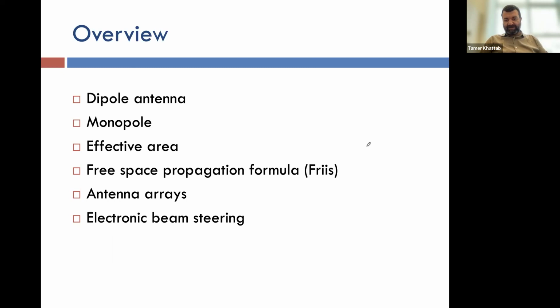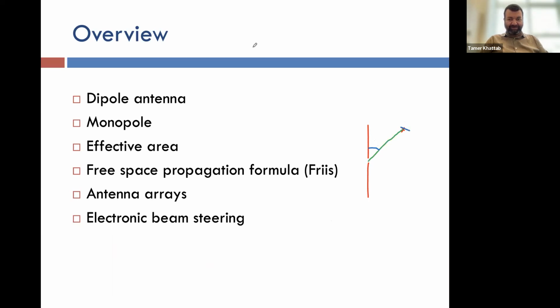I'll try to draw something here. If this is your antenna, and this point in the middle is the center of the antenna, then if you are looking for the electric field at this point, for example, this electric field is going to be in the direction of theta. So at this particular point that I picked, if I connect this to the center, and I will use another color, if this is my angle theta from the z-axis, the electric field at this point is going to be pointing